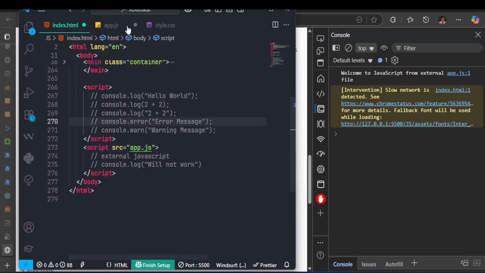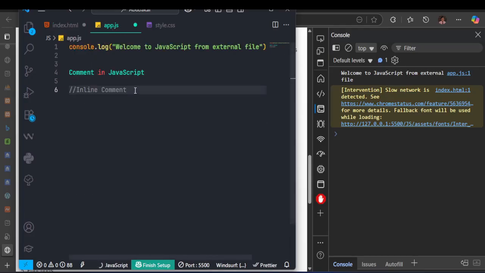So inline comment means the comment you are creating is just one line. This one means one line like that, which means the comment will only affect this line. Once you go to another line, it is not a comment again. So an inline comment means you just have that comment on one line, or in that place that you want it to be. I can even put it in this place too, but I just said another